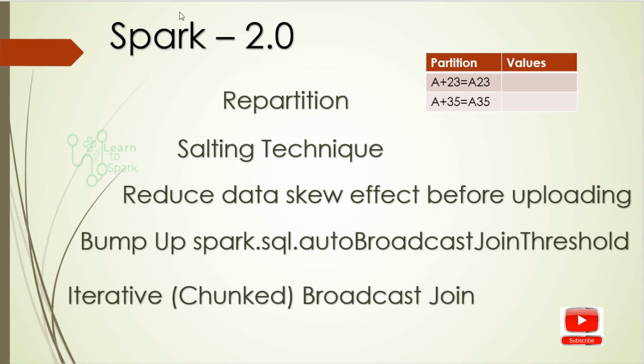The salting technique is nothing but we take a partition key, add random values to it, and the end result will be another partition. In this example, partition A is randomly appended with some numbers, 2 or 3, and the output acts as the partition ID now. So we have two separate partitions instead of a single partition. With this, we will be able to overcome the skew issue.